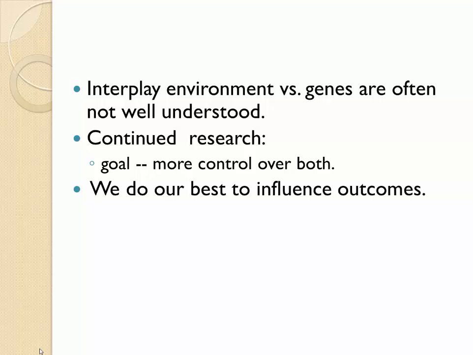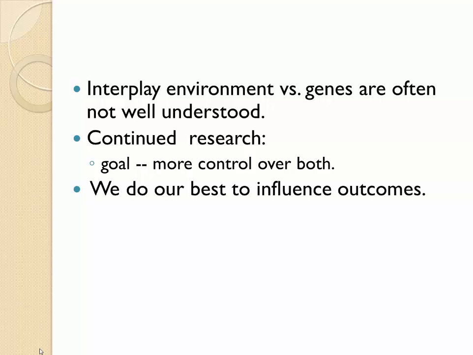And so we do a lot of disease prevention when we look at family history, when we ask our patient, do they have a history of heart disease? Do they have a history of hyperlipidemia? Do they have a history of Alzheimer's or cancer? So what we're looking at is, is there a pattern in their family? And then we look at modifying some of their environmental factors so that we may get a less severe expression of the disease. There's always research going on in both of these areas, and really what we're looking to do is to control both. How can we better control the environment, and how better can we understand the genes, and what does that tell us,